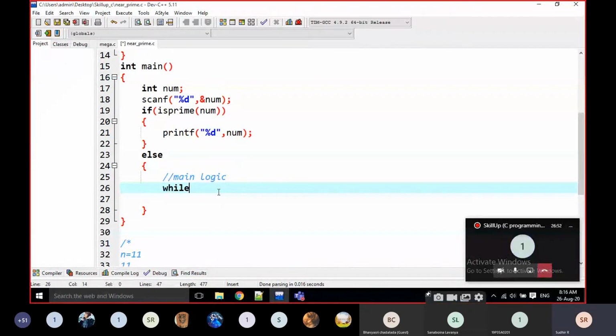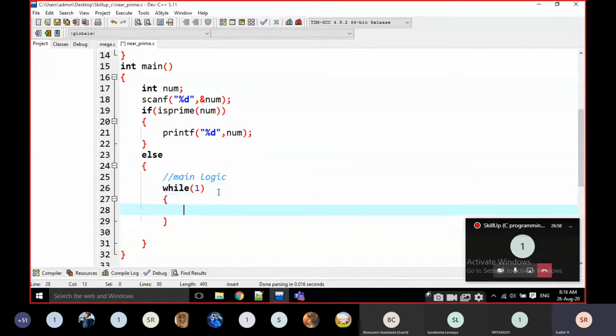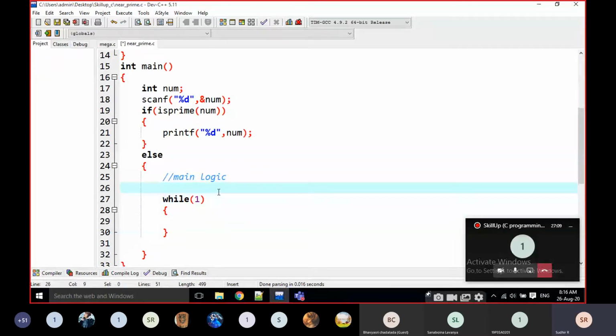Okay. While 1, I don't know exactly. While 1, I'm going to find here some L is equal to left prime, which means it is going backward, right?